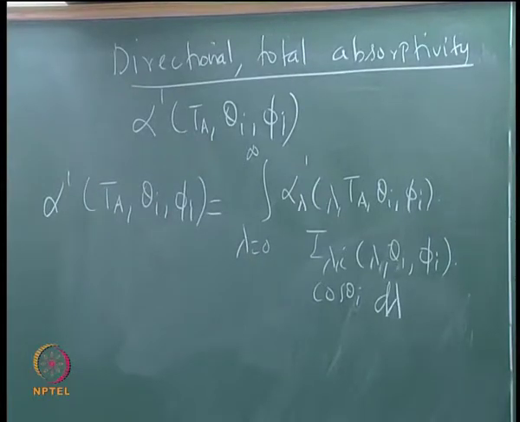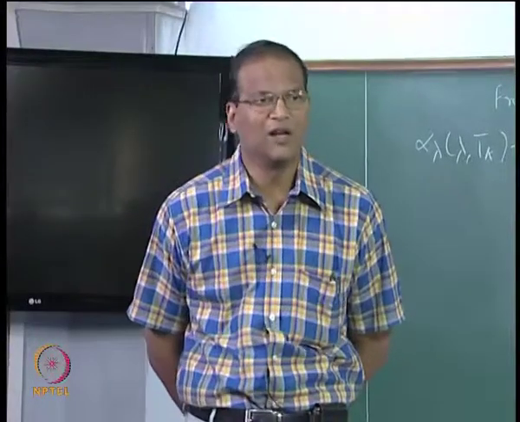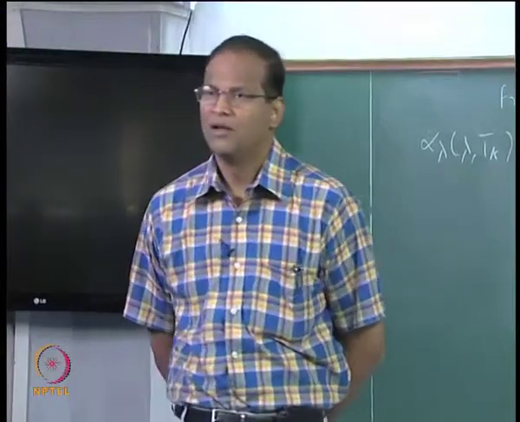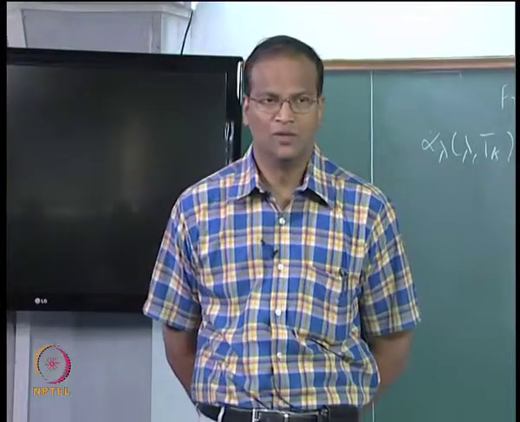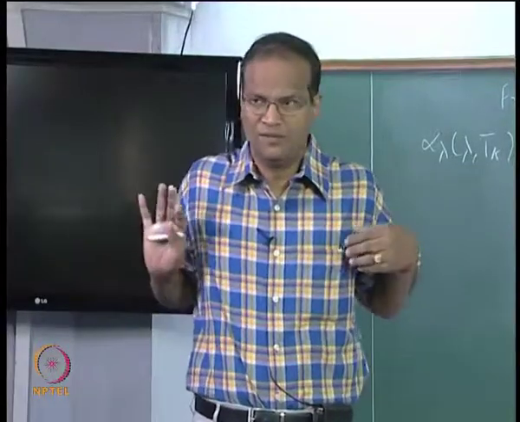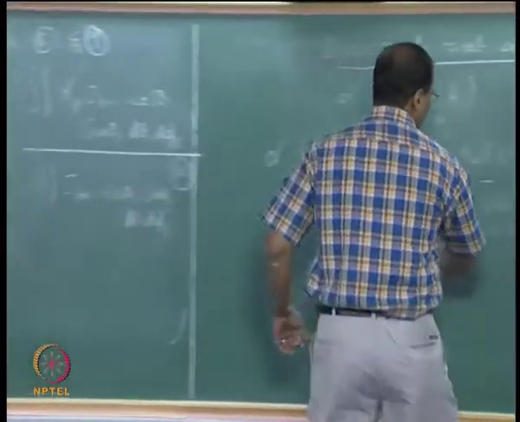If you are not happy with that, you write cos theta sin theta d theta, I have no problem. Cos theta sin theta d theta d phi will come both in the numerator and denominator. Integration is only with respect to lambda, you can pull it out, so there is no confusion, no hanky panky, everything is clear. We are proceeding from the basic steps. Okay, divided